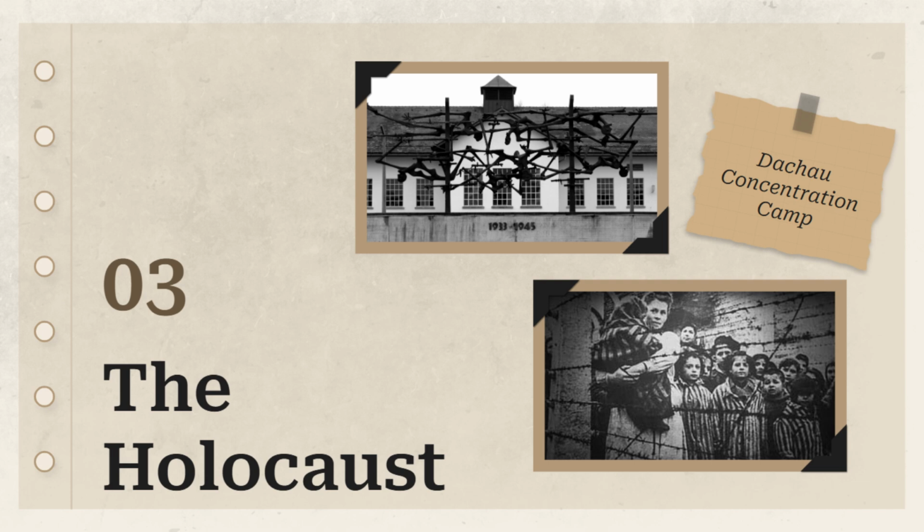Now, one of the things that makes World War II a little different from other large scale conflicts that we've looked at is it's not just a war about territory, it's also a war about ideology. And the Holocaust is really Hitler's plan to exterminate Europe's Jews. And so we need to talk about what that looked like and the impacts it had.